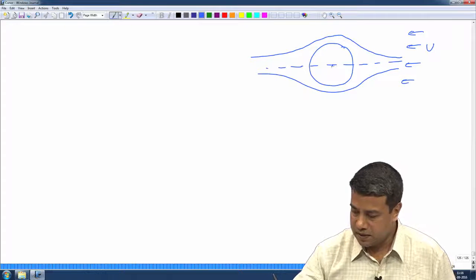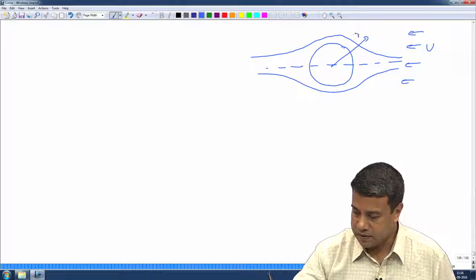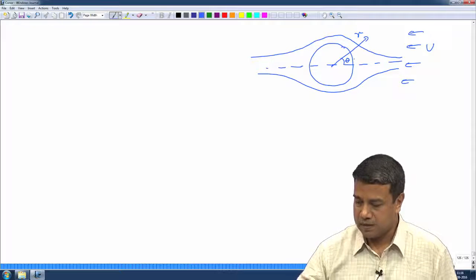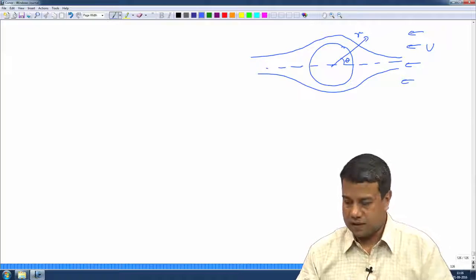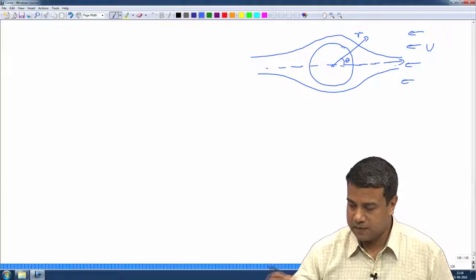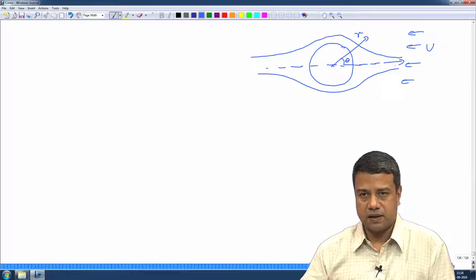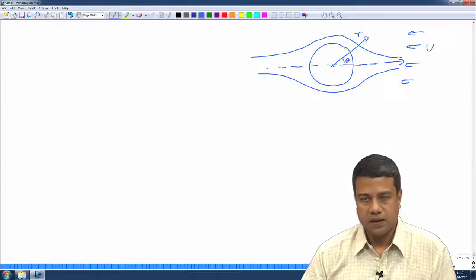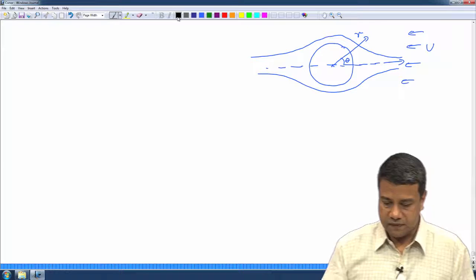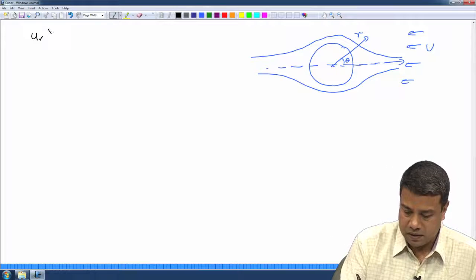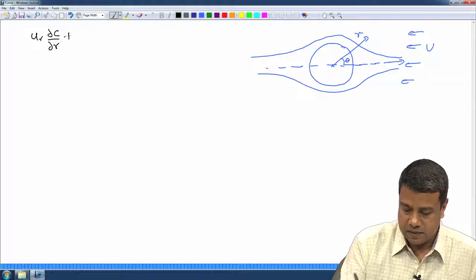Okay. If we choose the same spherical coordinate system with r and azimuthal angle theta from the upstream directed axis, then in this spherical coordinate system the equation of the concentration field is going to be u r partial c by partial r plus